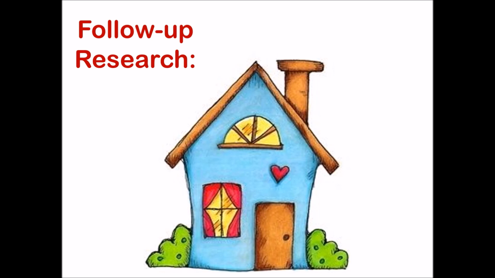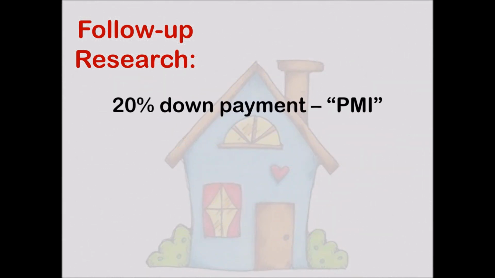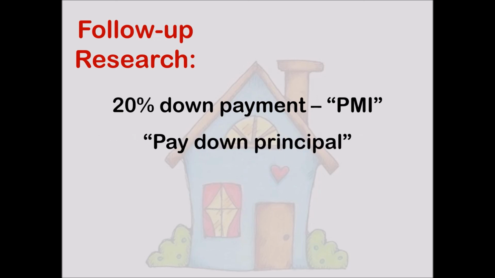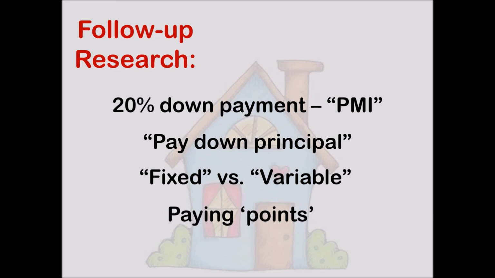So when it comes time to shop for a home, do your homework, understand some important terms, and you'll be better prepared to shop. Understand what private mortgage insurance is. We just covered paying down the principal, the difference between a fixed and variable interest rate, and when one might be better than the other, and what it is to pay points. Quickly, that's like taking my 6% example in the beginning and paying up front a little extra money so you can drop it down to a 4% interest rate. So you pay up front but save over the long term. And happy house hunting.